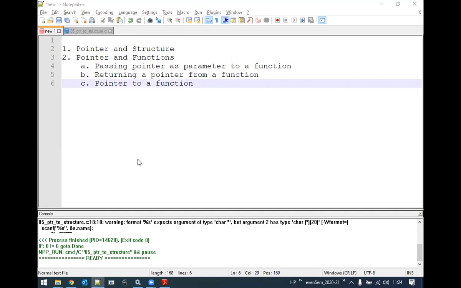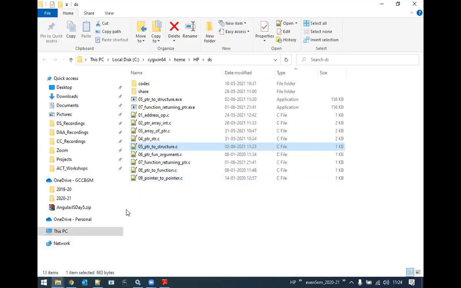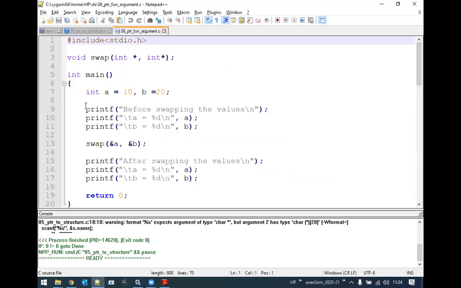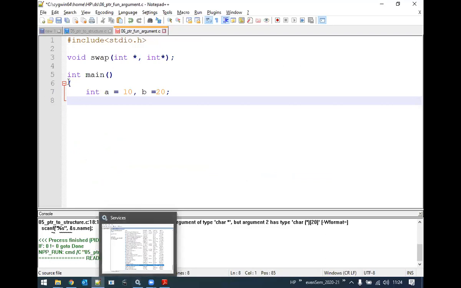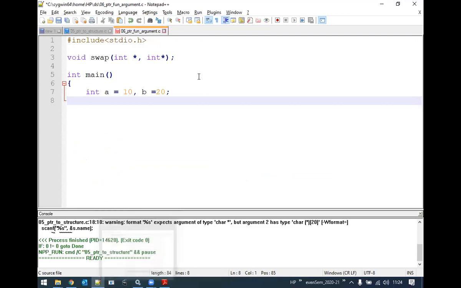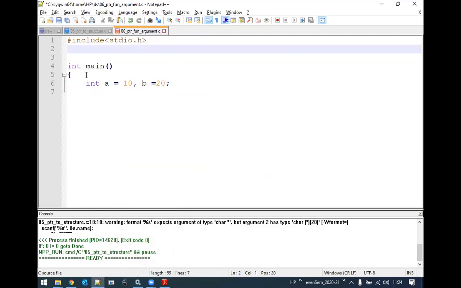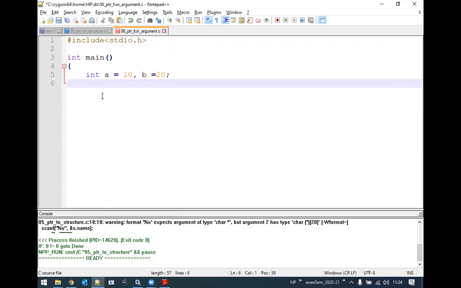Okay, now let me open the program for that and explain to you. Now let us try to write a simple program wherein we want to create a particular user defined function.